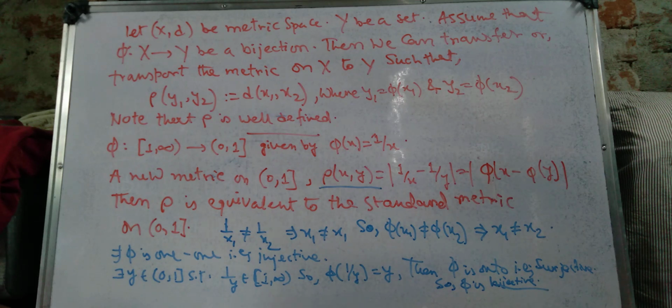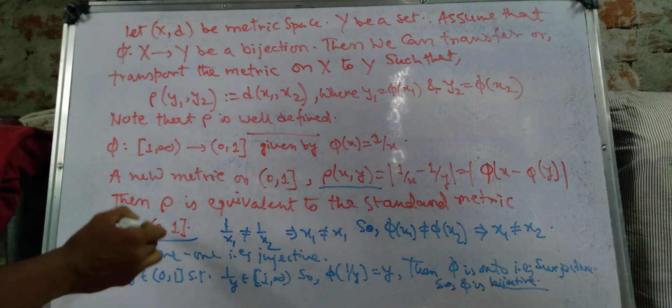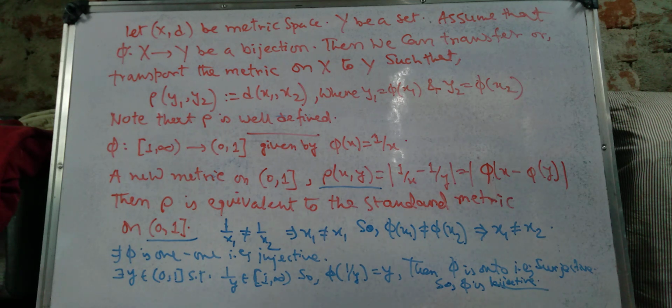Okay, if we call these two d and rho, then d and rho generate the same topology on a set X. So this metric on the set (0, 1) is equivalent to the standard topology on (0, 1). Okay,